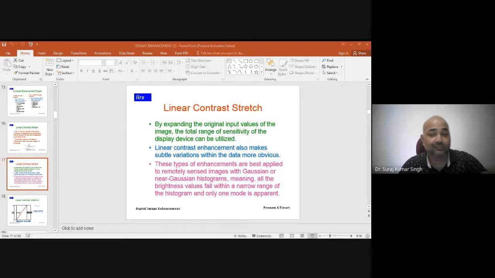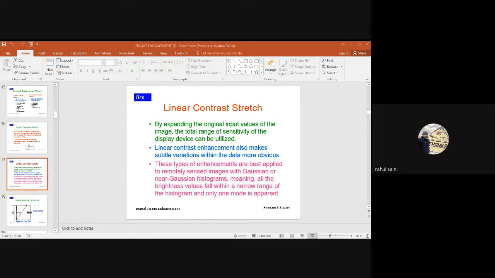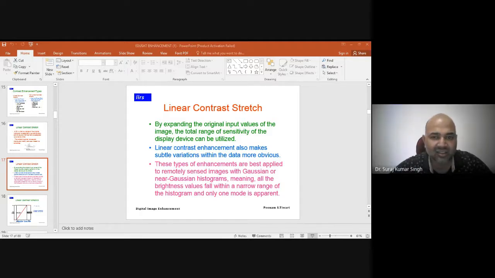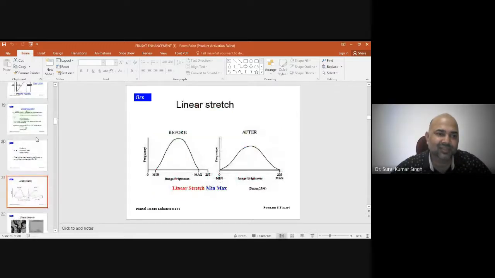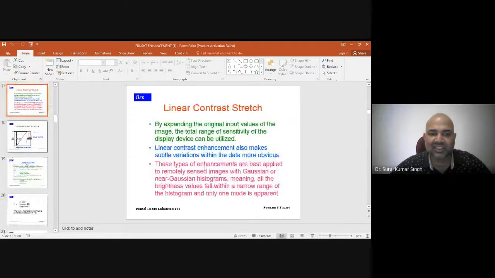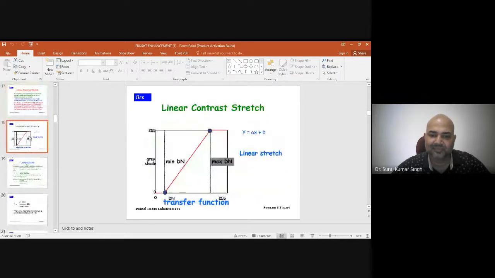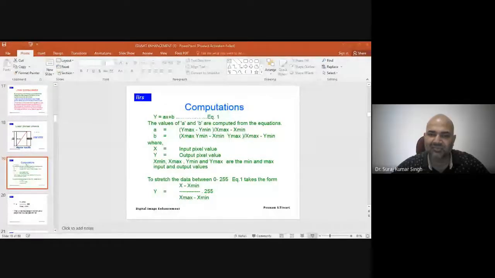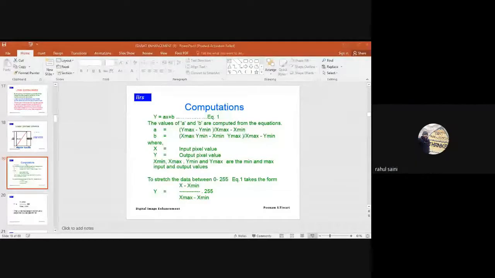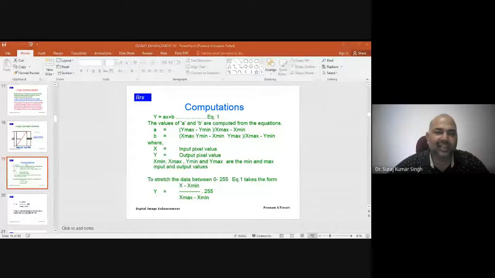Getting it? Yes, sir. Anyone please comment. Sir, your slide is not moving again. Sir, the slide is not moving. So you could have told me. Which slide were you seeing? You were seeing this slide, then this slide. Have you seen? Yes, sir. Can you see the slides? Yes, sir. So now can you see? Yes, sir. Can you see this formula? Yes, sir.